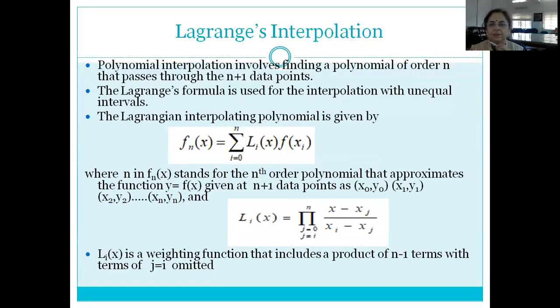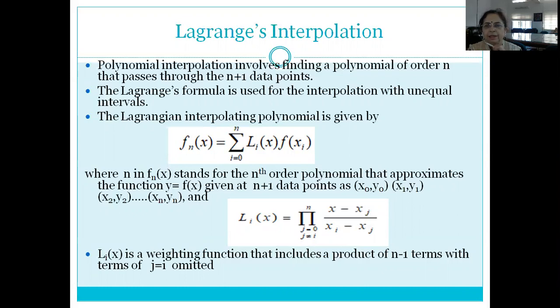Lagrange interpolation is used mainly for interpolating from the given data points, which may not be equally spaced. This is applicable for all types of data points. Interpolation means we are trying to find a value of the function from the given data table at an unknown point, which lies in the range of the data points available in the table, but is not directly available. This is called polynomial interpolation.